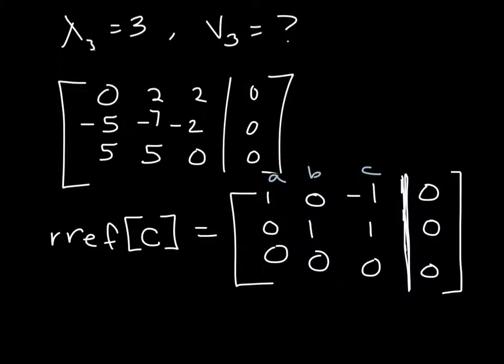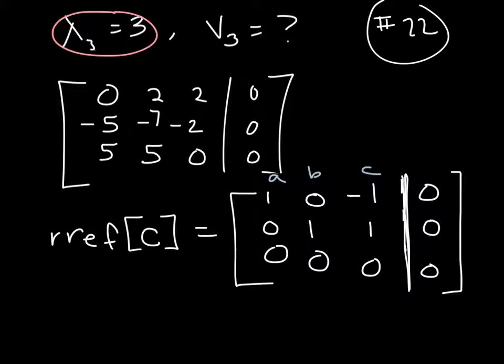Okay, let's finish the last part of number 22. I just went ahead and wrote down some information from the previous video. Here's our lambda sub 3, which is equal to 3, and we're trying to find the associated eigenvector. After substituting this lambda back into our characteristic equation, we substitute our numerical value, and then we obtain